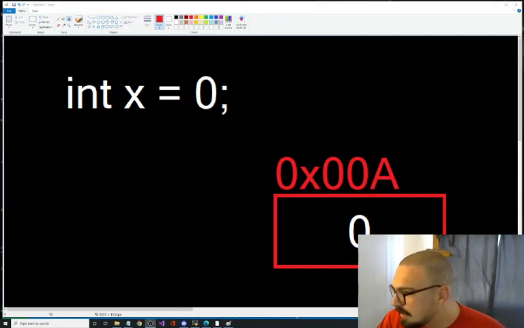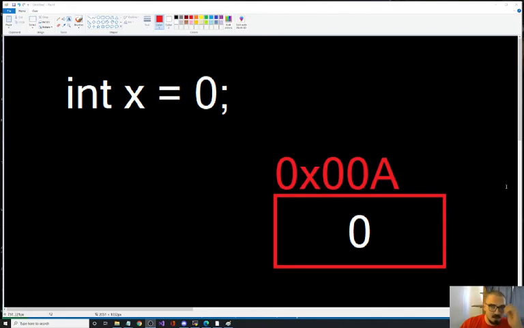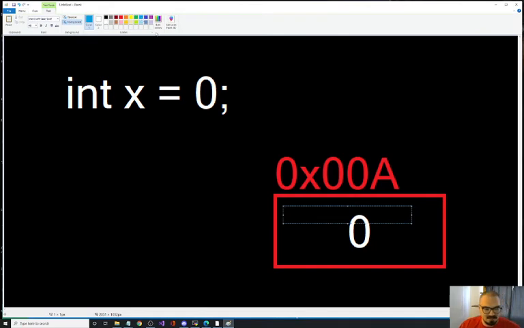And I'm going to make myself real small. How's this? Why can't I move it? Hey. Oh, there we go. Okay. So, we've got an address here. Somewhere in the memory it's contained 0. Now, X, this is X, by the way. All right? X is looking at this. In some sense, it is X. I just kind of want to put that in there. In some sense, this is X. All right? This is X.